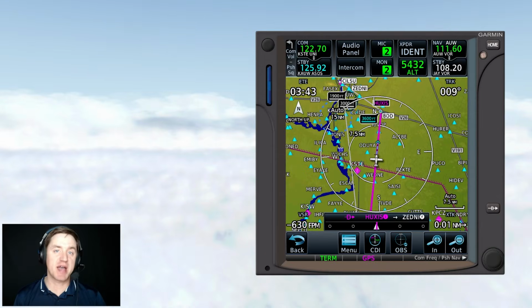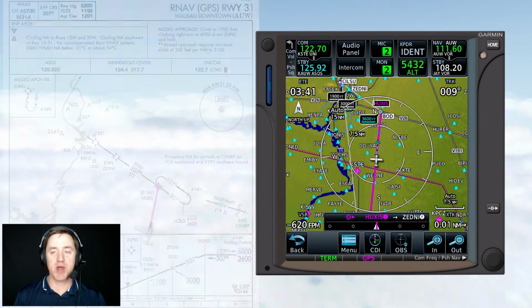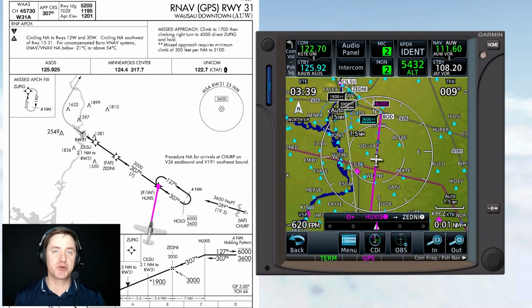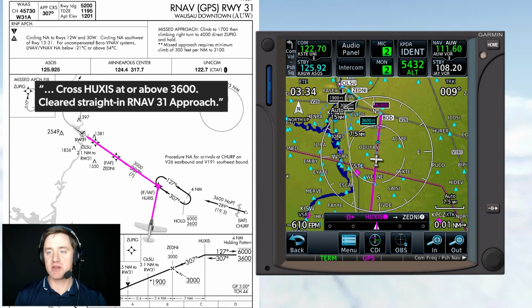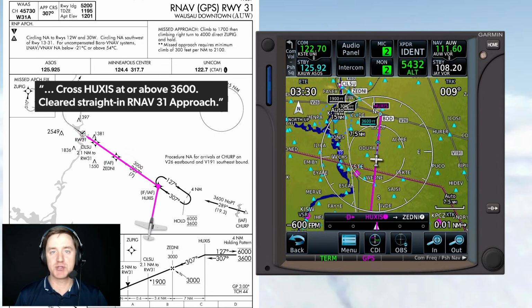All right, the GPS is back online for now, and we're headed direct to Huxis, which is the initial approach fix for the RNAV runway 31 approach at Wausau, Wisconsin. We've been cleared straight in, told to cross Huxis at above 3,600. We're on our way down to that altitude now, and so once we hit Huxis, we'll just turn straight in